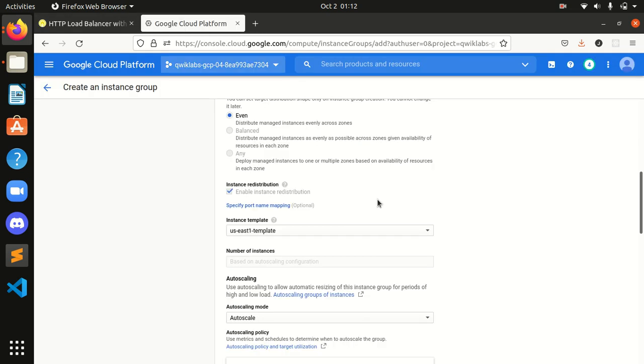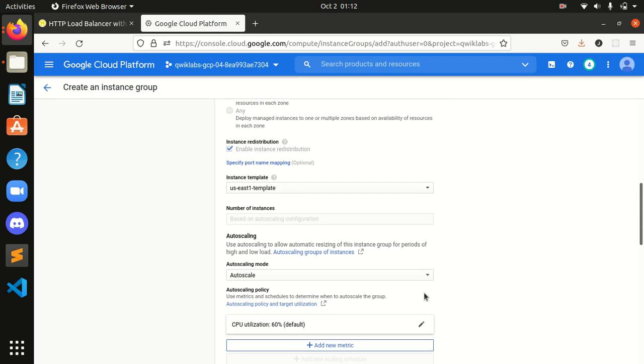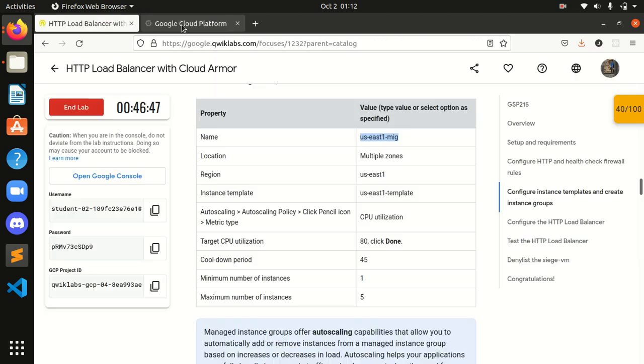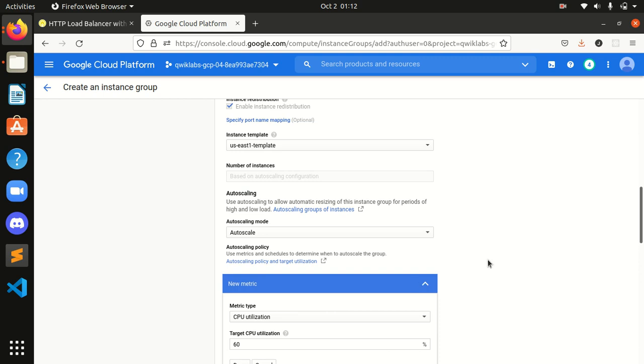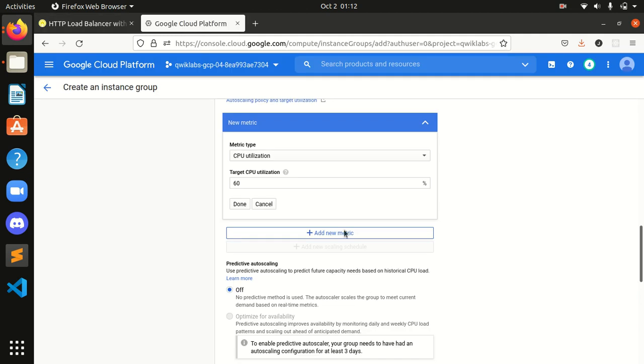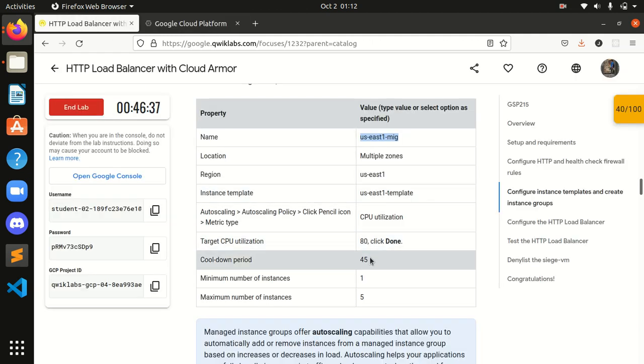Okay, autoscaling policy. I have to click on this pencil icon, and the metric type is CPU utilization.